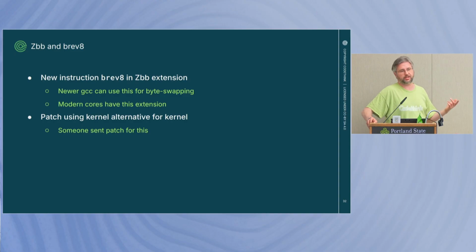But newer GCCs can use this for byte swapping. Most modern cores, and I think Ubuntu is going to require this, will have ZBB with this extension. Turns out the kernel didn't use it, but somebody has now put out a patch set, I think now on revision 5, for doing this,